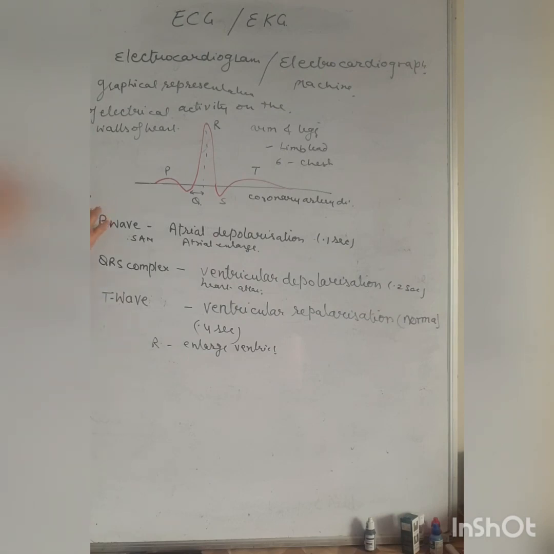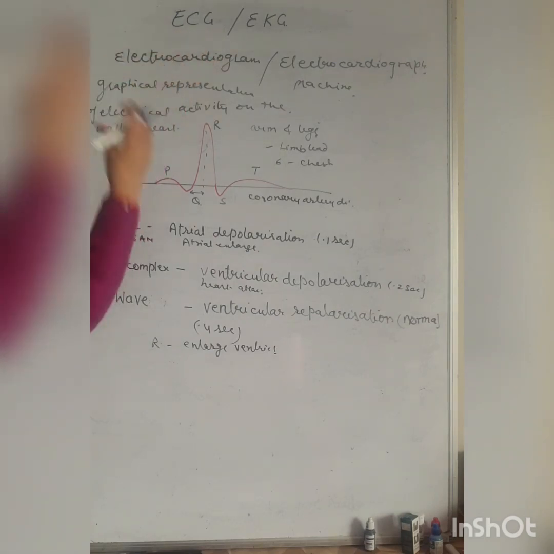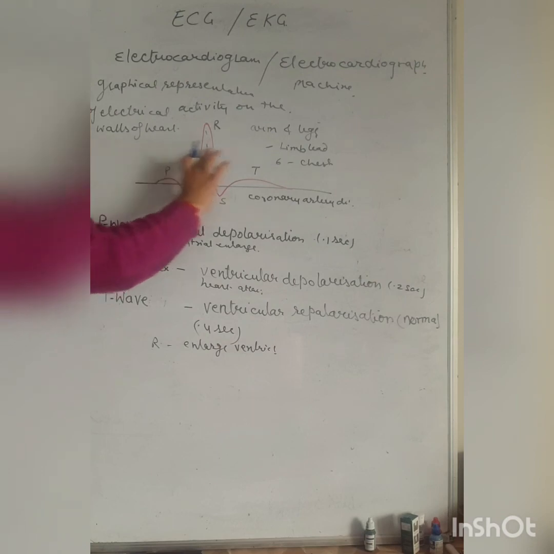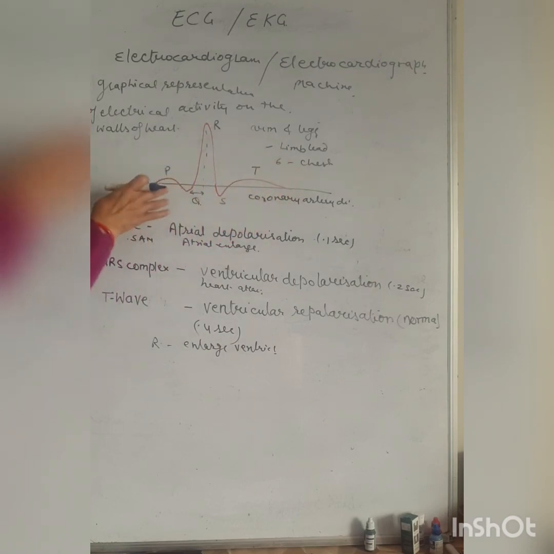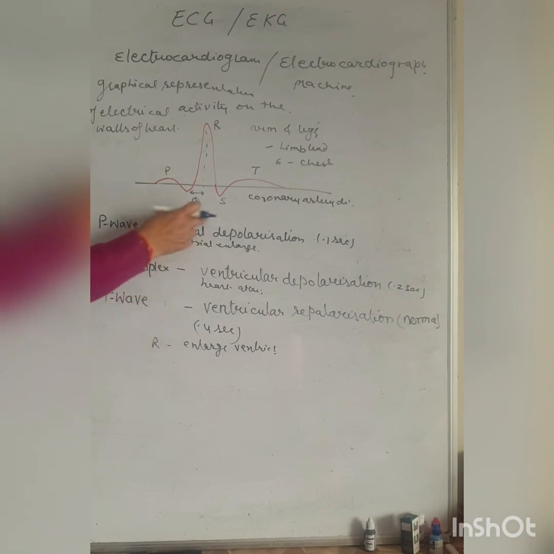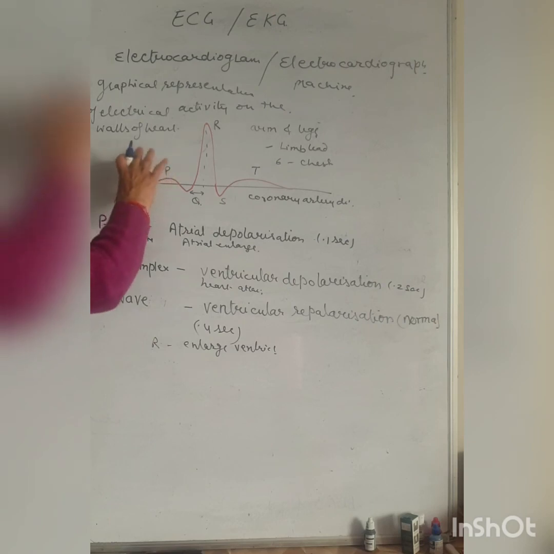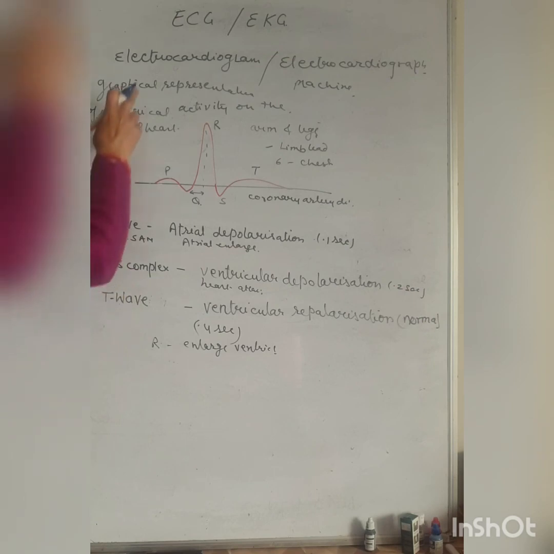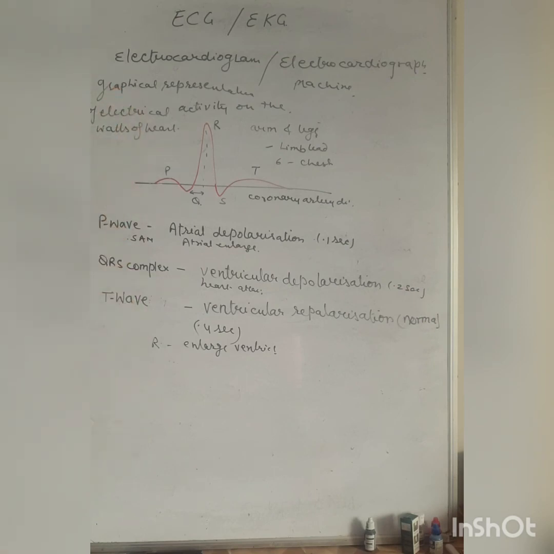It is possible to determine through the ECG whether the conduction pathway is normal. This is the normal condition. So we can observe whether the heartbeat is normal or in a critical condition. We can see if the heart is enlarged, as I mentioned earlier, and whether there is damage or it is not working properly. And the cause of chest pain can be observed through the ECG. So these are the electrocardiogram and the electrocardiograph.